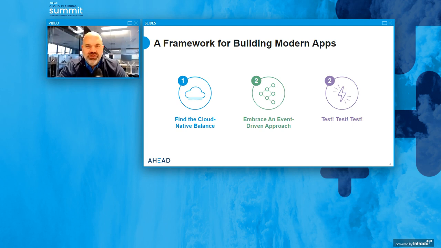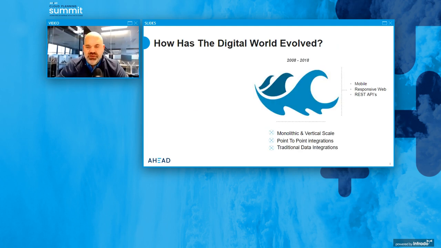And we'll dive into what that means. Okay, one of the things that I want to do up front is really just highlight how the digital world has evolved over the course of the last 10, 15 years, and how we got to the point where we're at today, where application modernization is not only so important, but in many cases, it's absolutely critical and